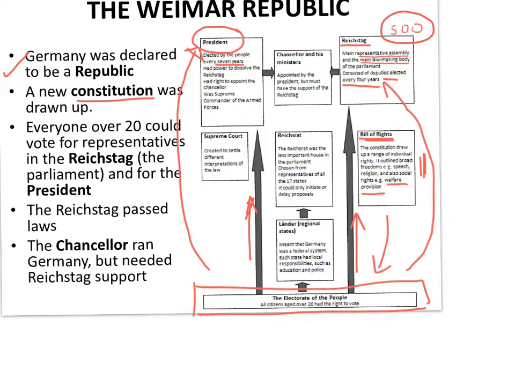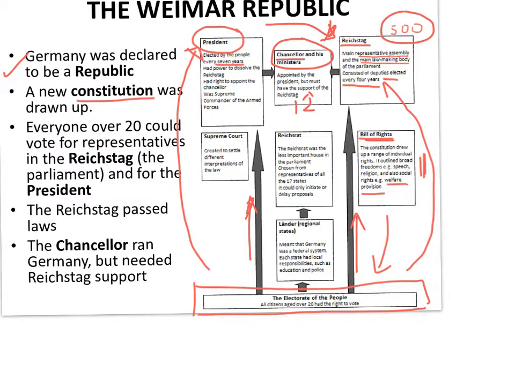And basically the way it worked was the president would look at the Reichstag and he would find the political party that had the most support in the Reichstag, and then that political party would be invited to form the government, and the government was this organisation here, which usually was about 12 men, which was basically the Prime Minister, the main minister, and 11 other ministers. In England, we call the main minister the Prime Minister. In Germany, they called the main minister the Chancellor.